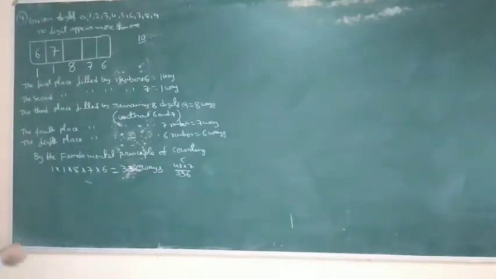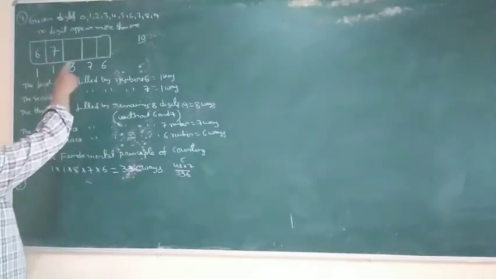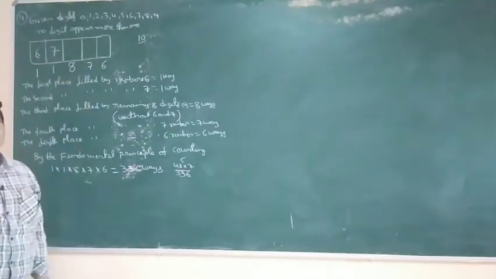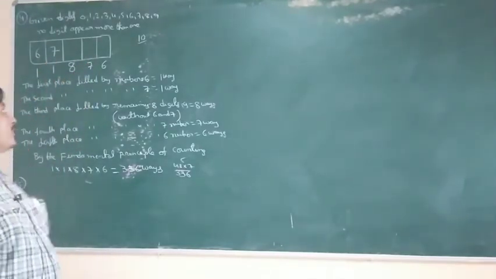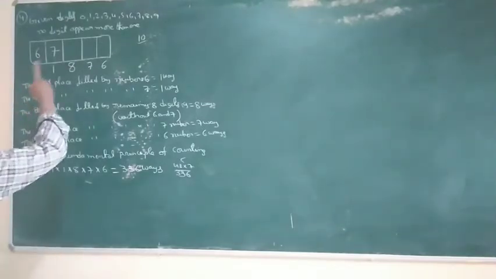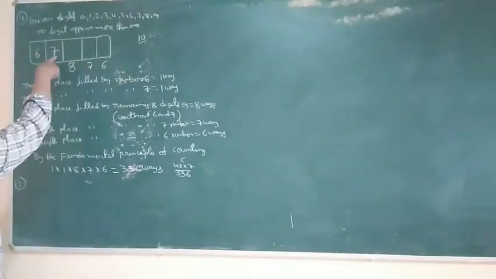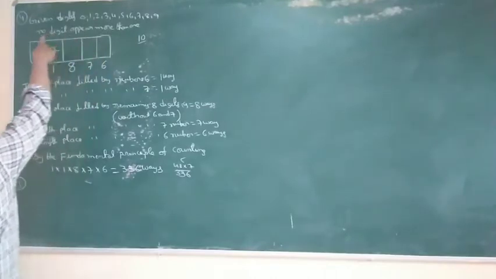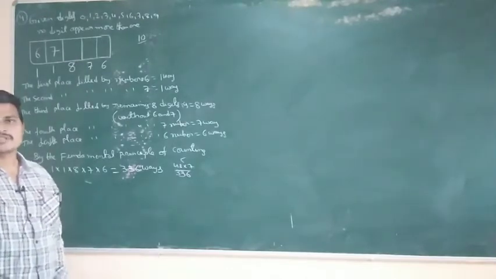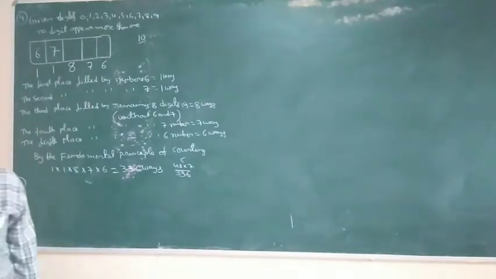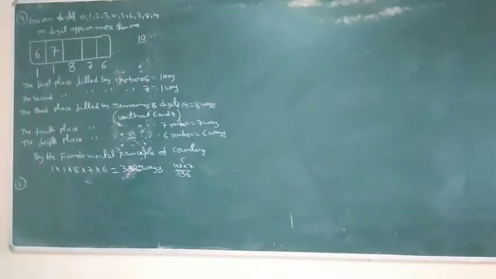Okay, fourth problem. Okay, clear. This is the main thing: how many digits form a 5-digit number. So 5 boxes. With repetition not allowed means first 10, 9, 8, 7, 6. The condition given is the number starting with 67. So the first place is fixed as 6, and the second place is fixed as 7.